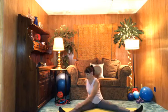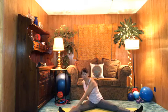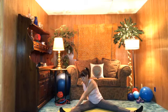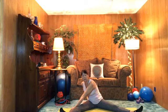Lift your chest. Now as we continue to stretch through the legs, we're going to add a little upper back stretch. So I'm going to turn towards my leg, bring the opposite arm across the leg so the back of your hand is on the outside of your leg. Push that hand, press it right onto your leg till you feel the tug in your back. Then with a breath,